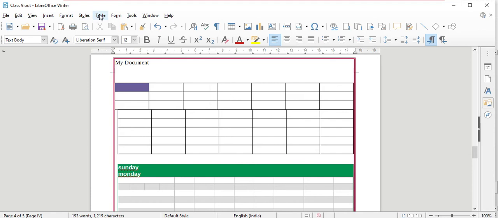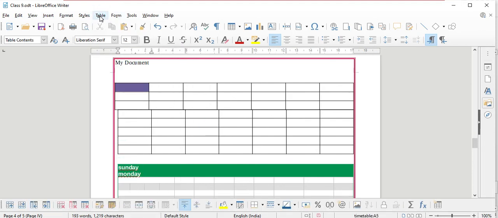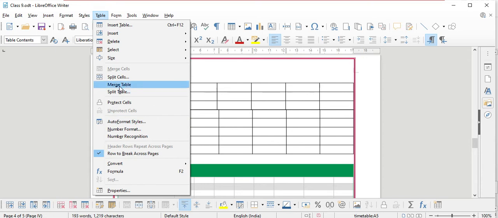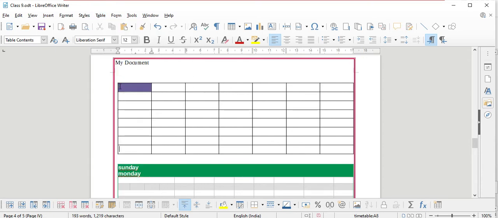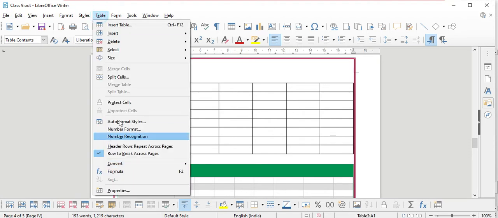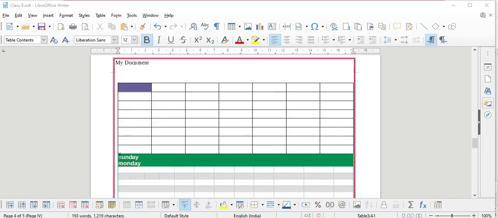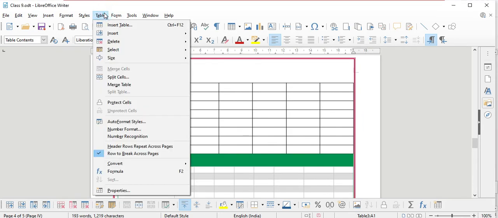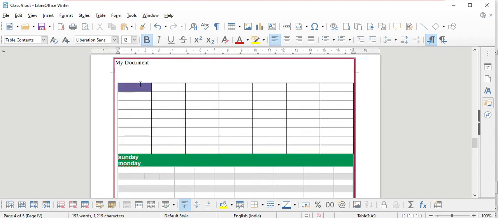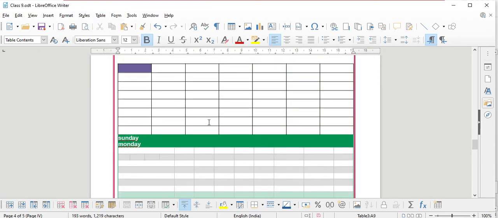Go to table and then click on merge table. The table will get merged. Like this we can merge and split the table.